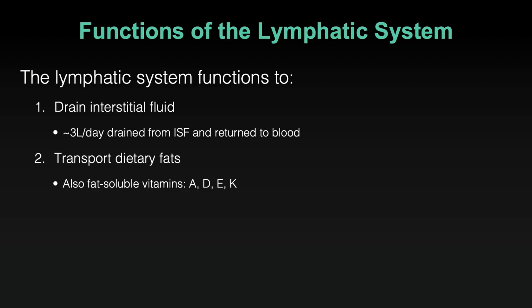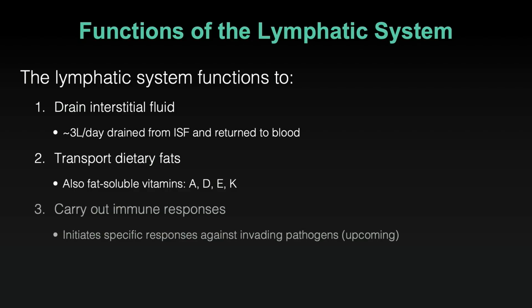We also know, because we acknowledge this in the digestion section, this system is responsible for absorbing and sending fat and fat-soluble vitamins to tissues of the body, to the liver to be packaged, to adipose to be stored, and anywhere else that they need to go. So fat, we saw the process of absorption and packaging into chylomicrons that are absorbed by the lacteals. The lacteals are part of the lymphatic system. And the fat-soluble vitamins listed here, A, D, E, and K, for you nutrition buffs, are absorbed through this system